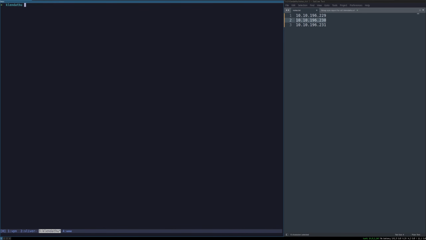Hello everyone, snowscan here. Today we're going to be doing Klendathu from Vulnlab, which is an insane difficulty box chain. We've got some authentication coercion on a Microsoft SQL server to get a service account. Then we will create a silver ticket to escalate our privileges in the database and then ultimately gain system access